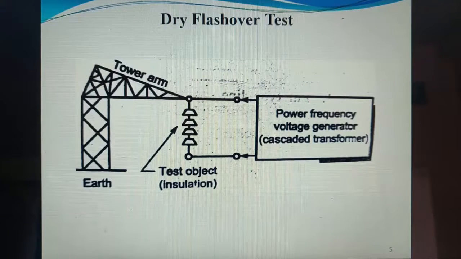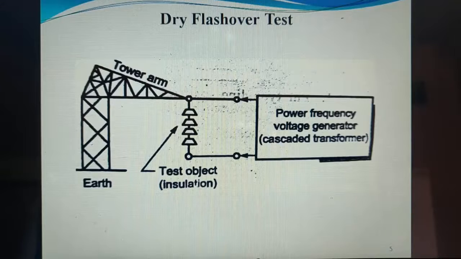Then the second is the impulse voltage test. The first test is the impulse withstand test. The standard impulse is 1 by 50 microsecond, where 1 is the front time and 50 is the tail time of the wave shape of the impulse. So this standard 1 by 50 microsecond wave impulse is applied